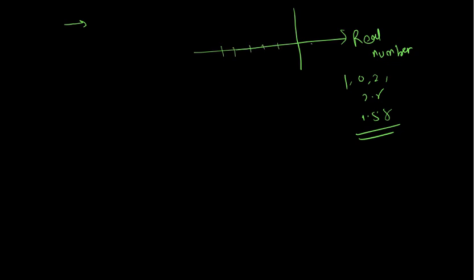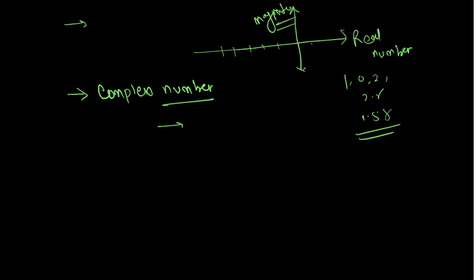Okay, and this axis, till now, we have used only for magnitude purpose. But now we will use a different type of numbers that is called complex number. Ideally speaking, every number is a complex number for me. If somebody says this is 1, this is not a complex number, I will say yes, it is a complex number, but with imaginary part as 0. 1 plus 0i.